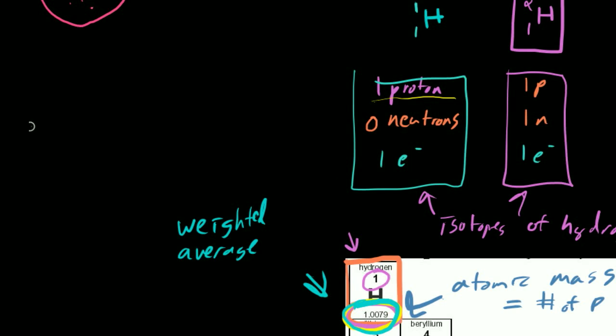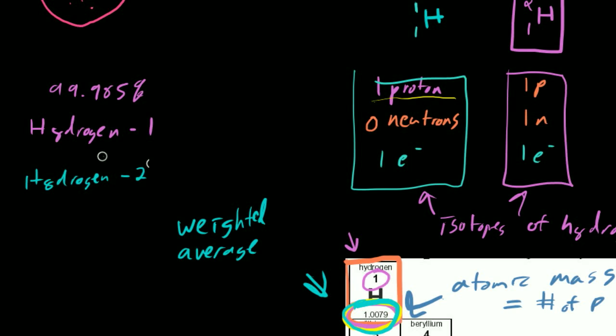Hydrogen 1 has got a 99.985% abundance, and hydrogen 2, or deuterium, has got a 0.015% abundance, based upon weighting those two averages together and then figuring out what the average